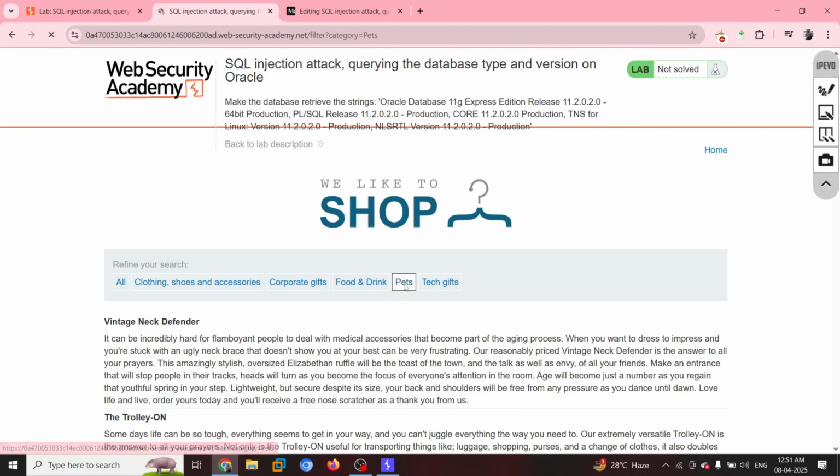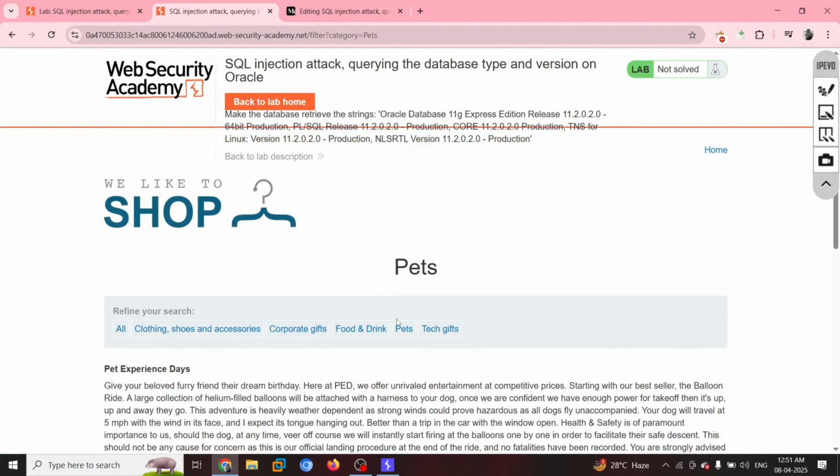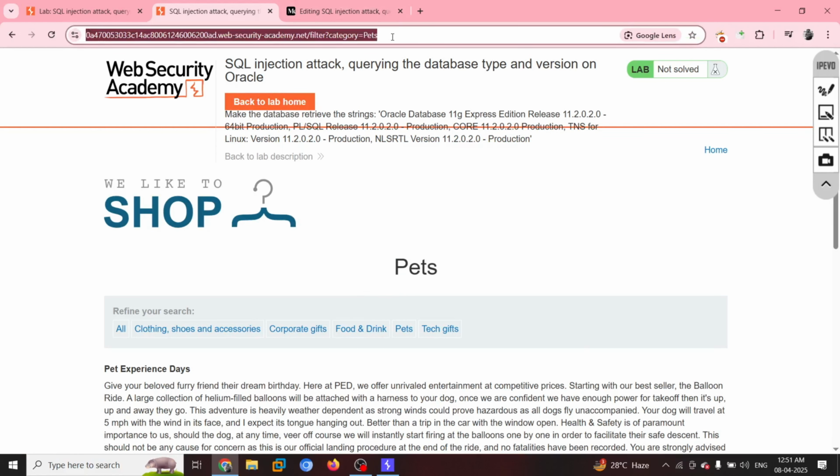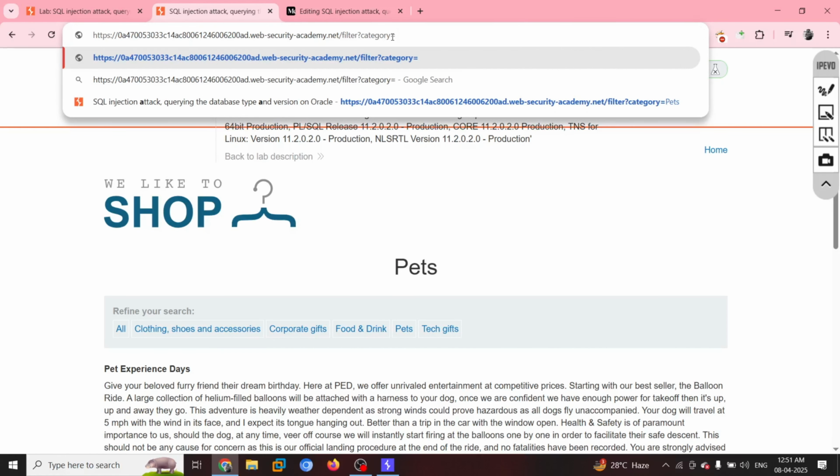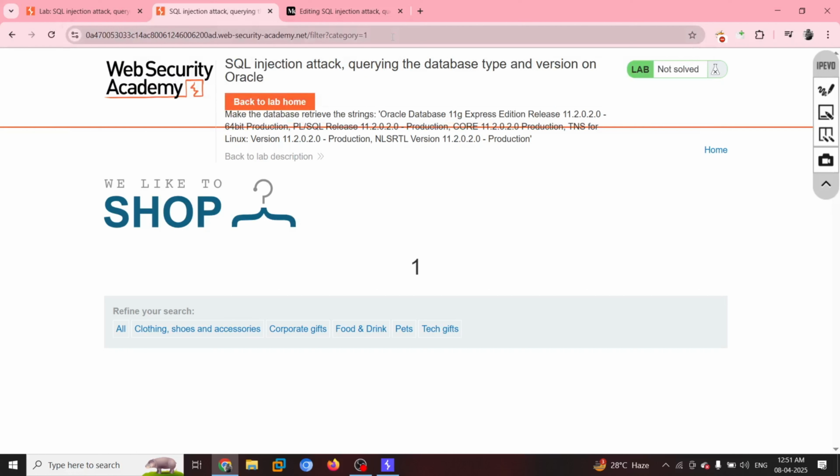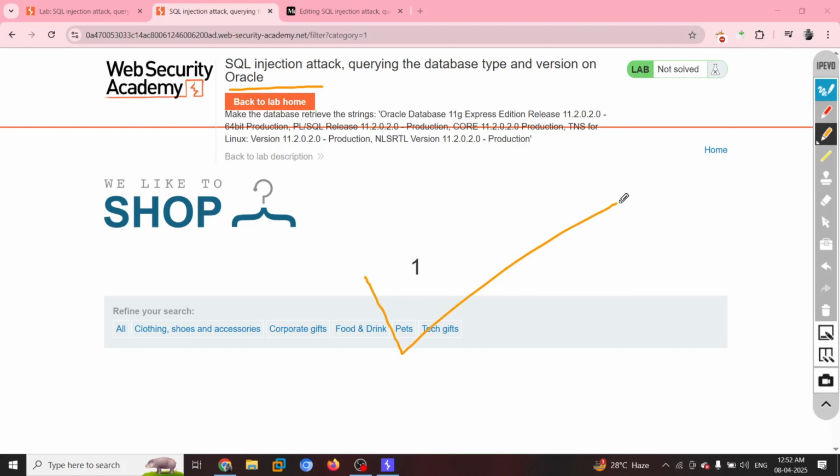So let's consider this parameter as page. We have this parameter called page, and you can see if I change this parameter from page to 1, it is projecting, right? That means a projection point is there. That is how it is telling us that this application is vulnerable to union-based SQL injection, because whatever we are putting in the URL, it is projecting on the UI. We talked about that in our previous video.